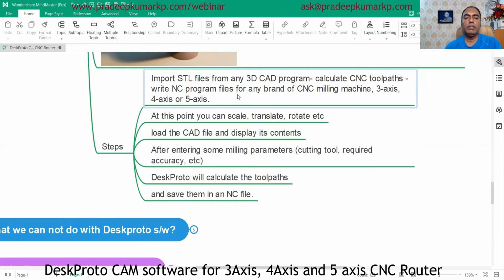Once we import an STL file, what we can do is just scale it. We can change the size, move it from one point to another, and rotate it. Only these transform options we can do. Then we load the CAD file and display its contents so that we can visualize it, after entering some milling parameters like the cutting tool and required accuracy, the step over